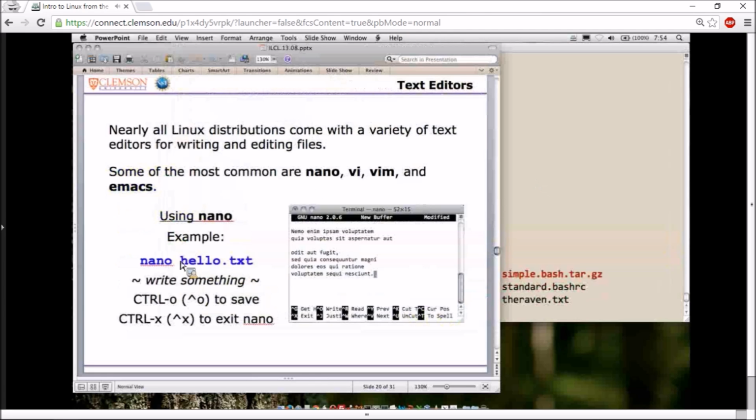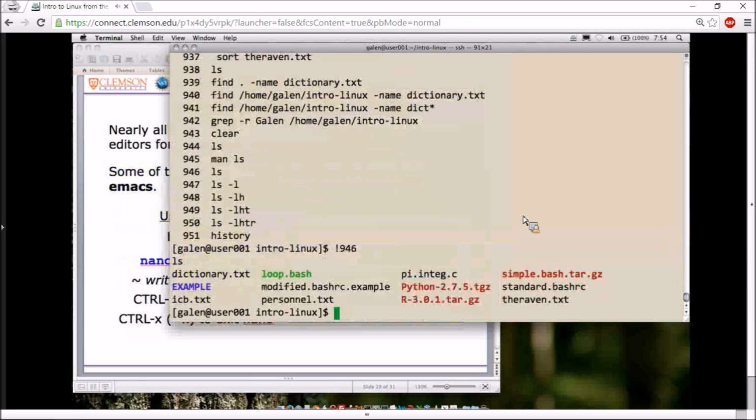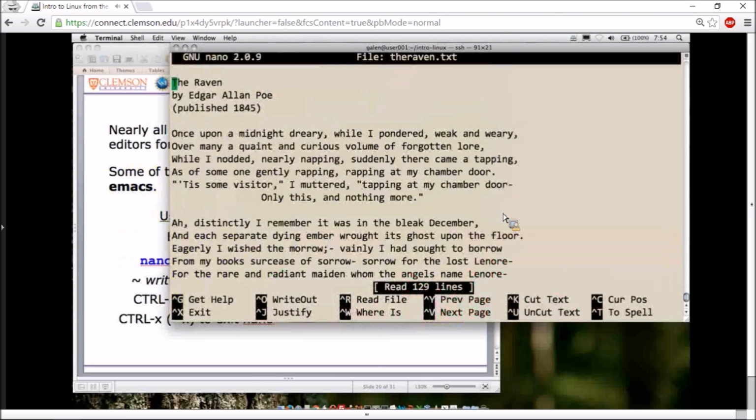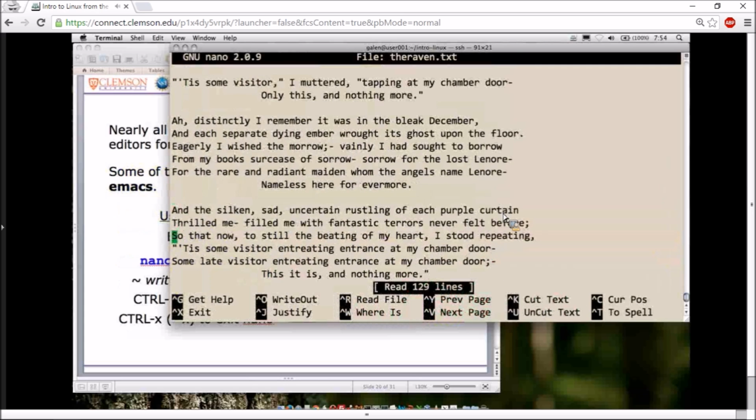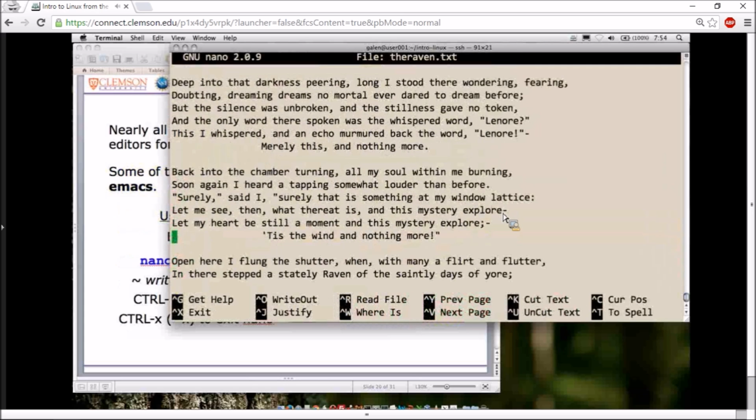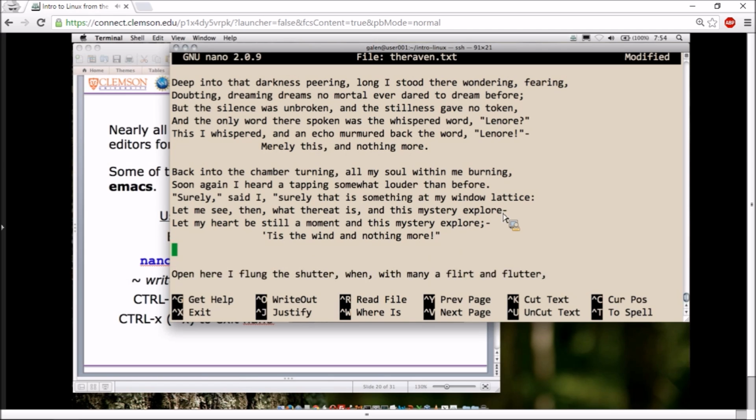To edit a file with Nano, you can either create a new file or edit an existing file. I'll open an existing file. So nano theraven.txt. I'll open that poem again. There I am, inside the Nano text editor, just scrolling through this text file. And if I want to add a line of my own to this poem,